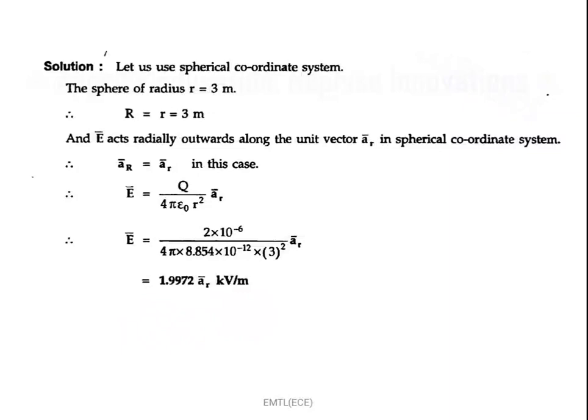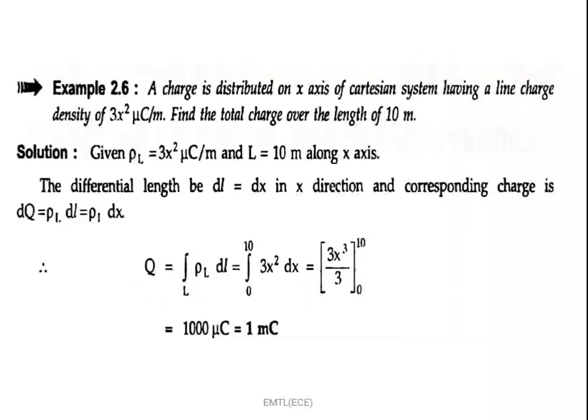So simply the electric field intensity on the sphere, or at a distance r from the point charge, is equal to 1.9972 AR bar kilovolt per meter. The next problem,